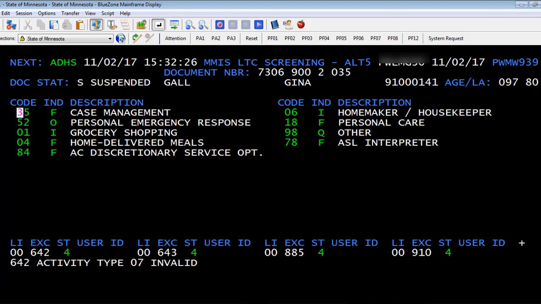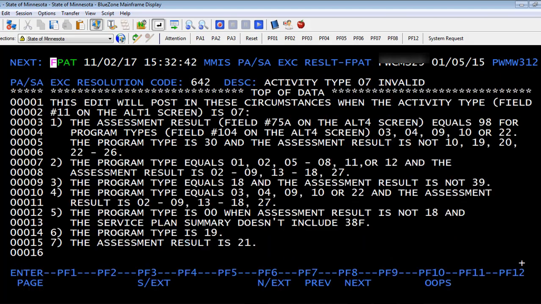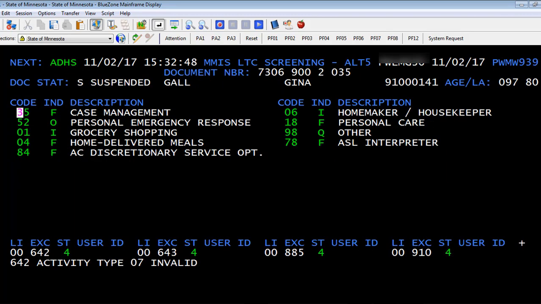Other edits compare one field to another. If I look at the text behind edit 642, it shows the reason why activity type 07 is not valid. The title for edit 643 shows the edit is checking for the correct combination of assessment result, program type, and